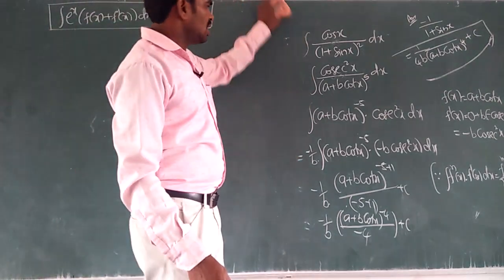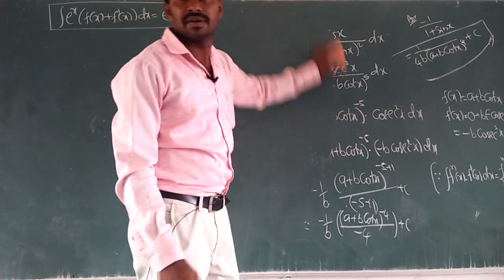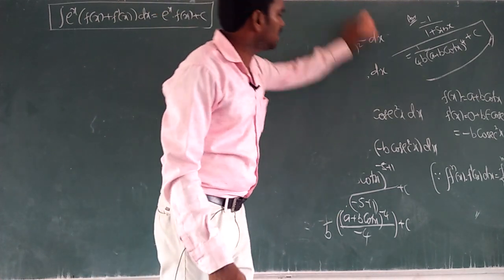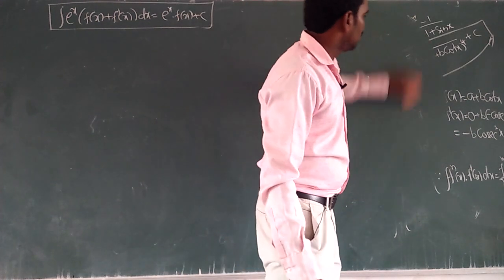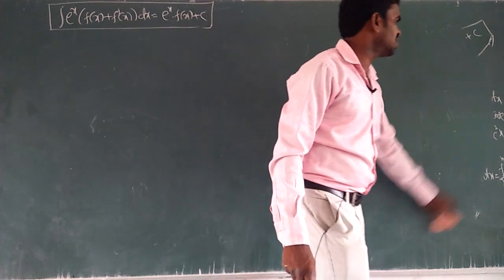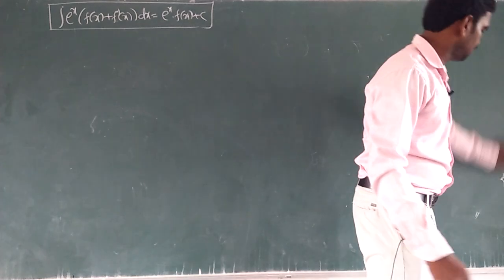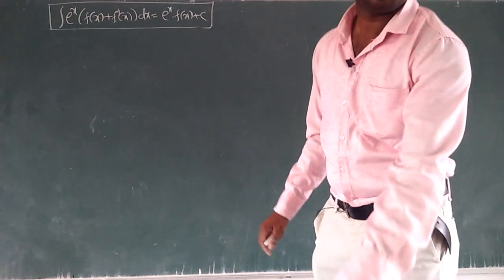So the question, if e power x is there, then immediately we just look at or observe whether function and derivation are there or not. Okay. For example,